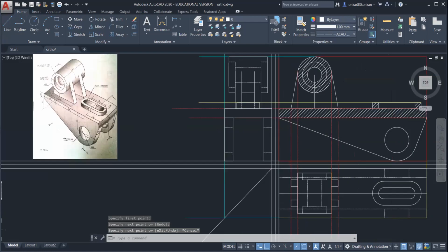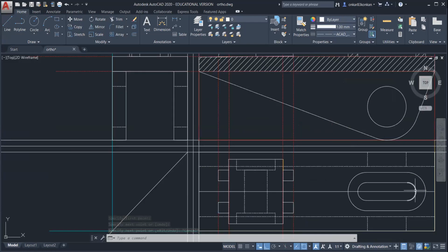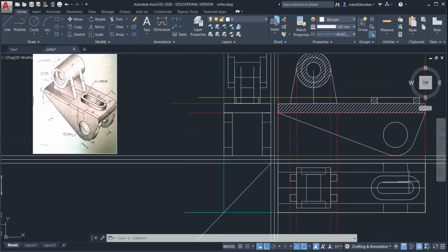And there is one hidden line for this feature. So that will correspond to this circle. Okay, so take the projection.